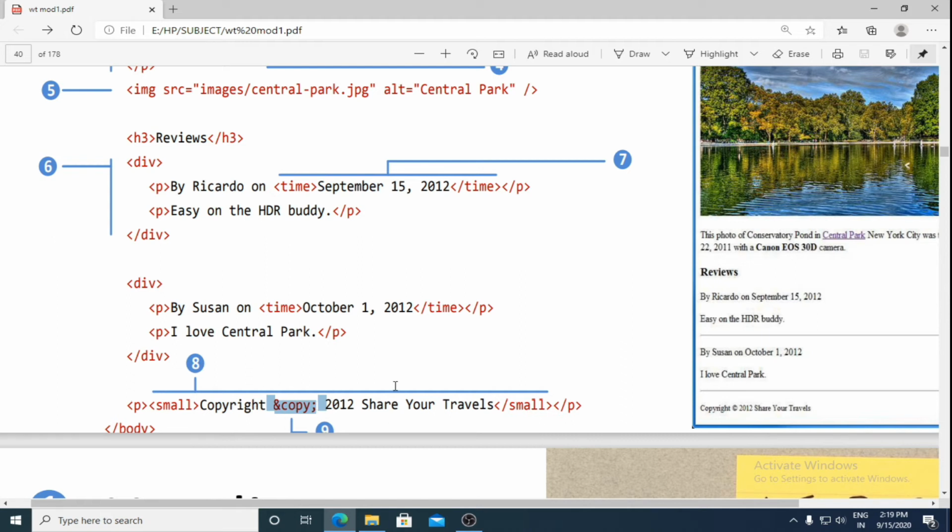For example, if you want a rupee symbol or a dollar symbol, such entities are there which will make those symbols appear in our web page. Due to this ampersand copy, you can see in the output the copyright symbol is appearing, and the semicolon is part of its syntax. Then 2012, share your travels. This will appear at the footer of the web page.